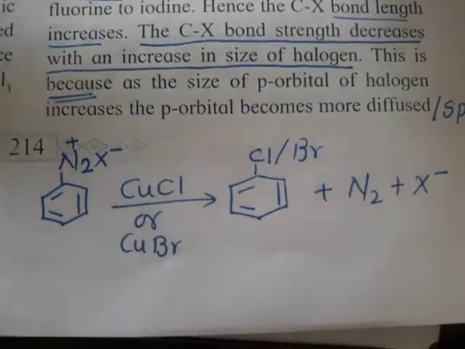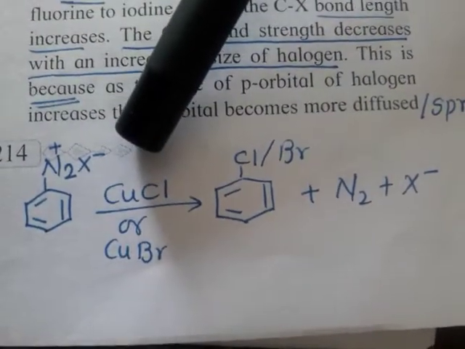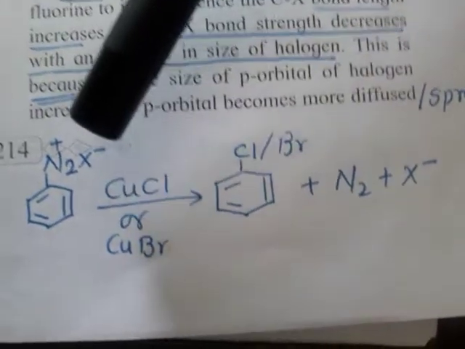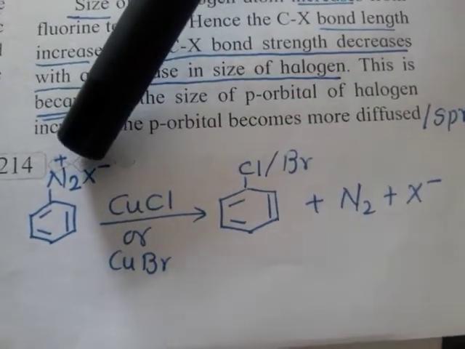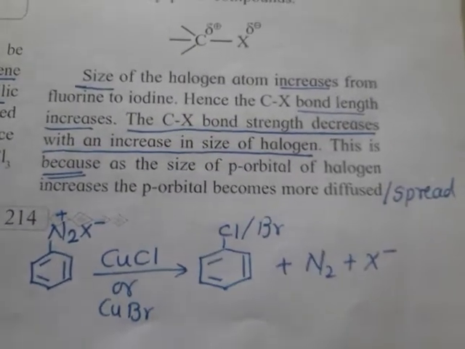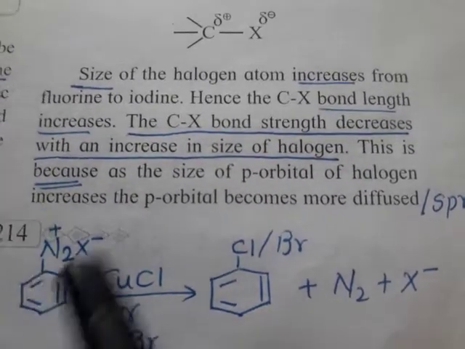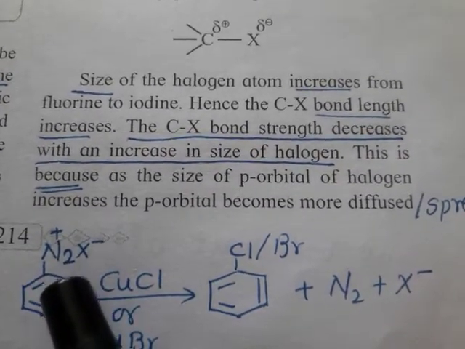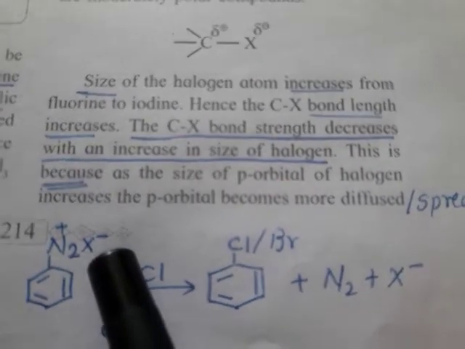See, the starting substance is benzene diazonium halide. Actually it is obtained from aniline. How is it obtained from aniline? That we will discuss in that lesson. Now starting substance in the Sandmeyer's reaction is benzene diazonium. Di means 2, azo means nitrogen. So the starting substance is benzene diazonium, because it is positive ion. So benzene diazonium halide. This is positive ion, so negative ion remains in its vicinity.